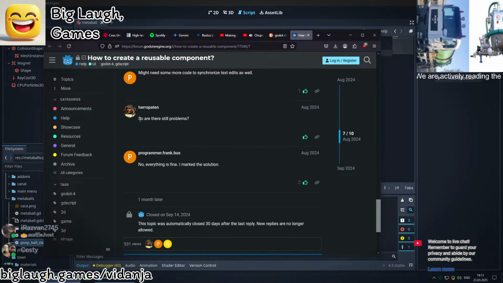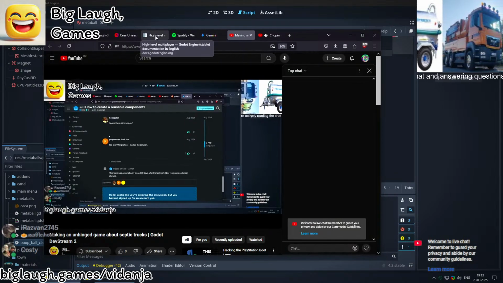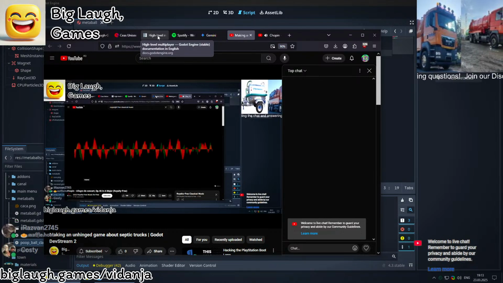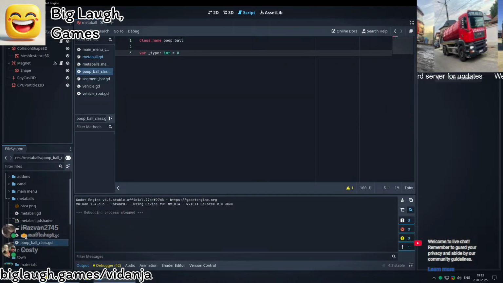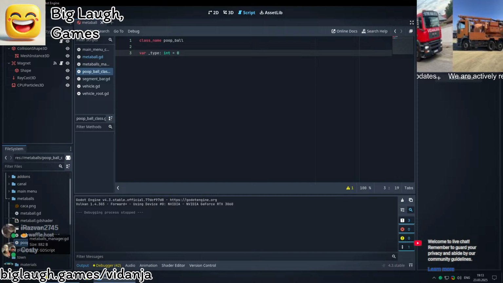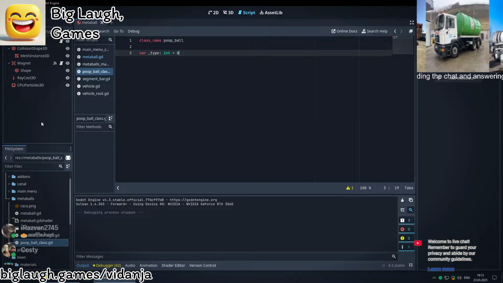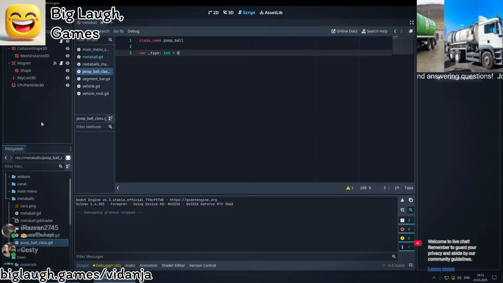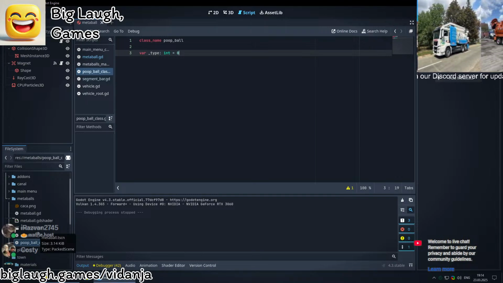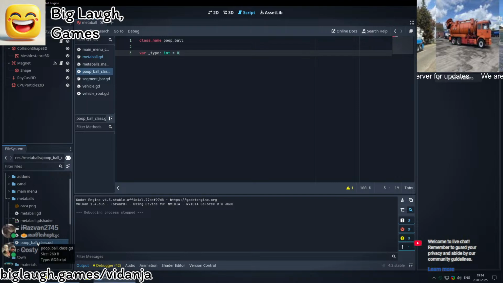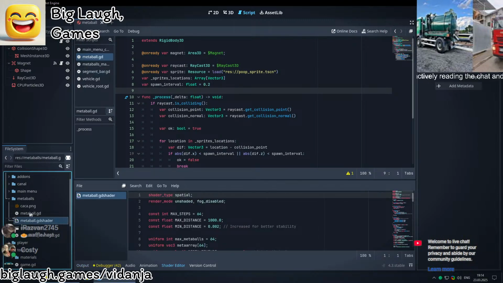But the thing is, you're having an XY problem, which is that you think you want a class, but you're actually just wanting to make a reusable thing. So I would search how to do that in Godot, not a class. Reusable. Well, this is just an object. So I could make a list of objects. Okay. So I will just create instances of this object,